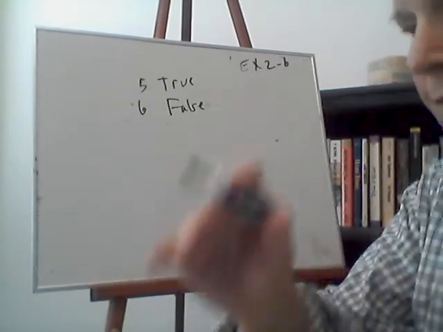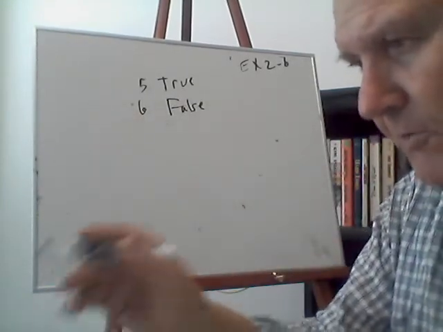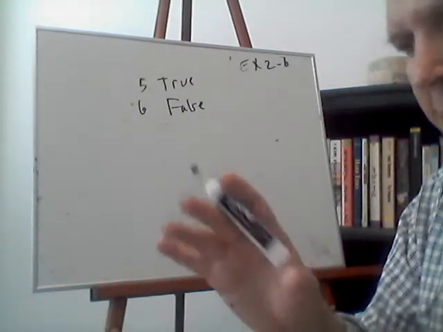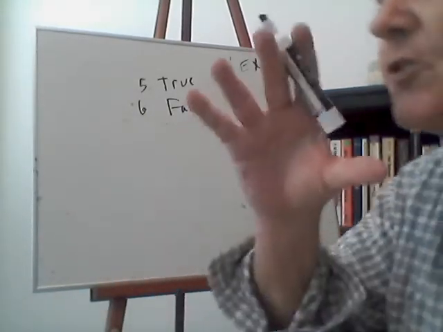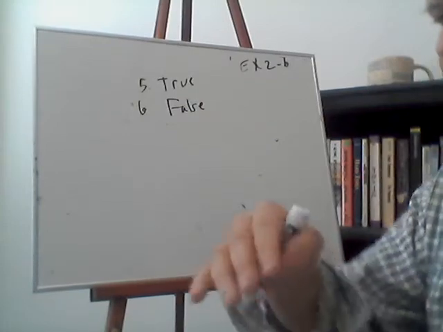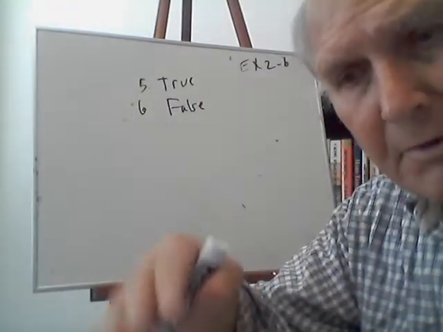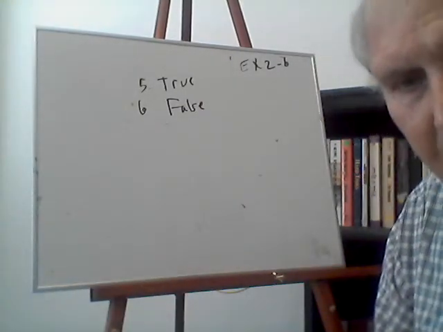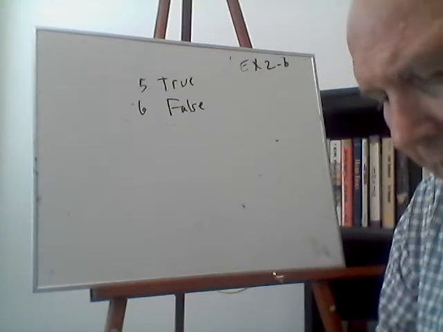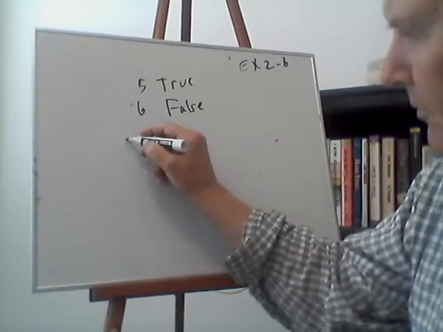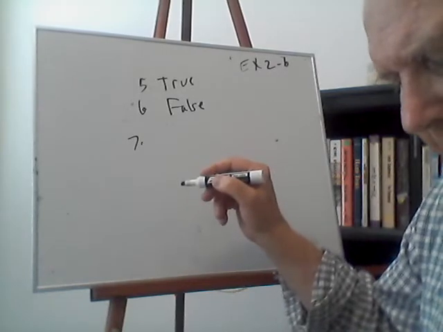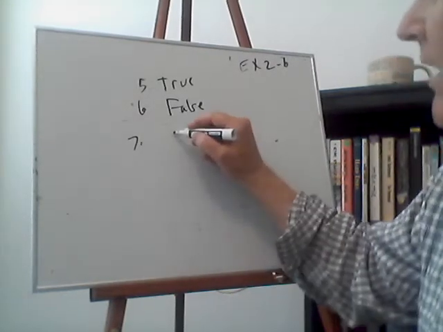Absolute terms would be like true and false, because something is either true or false, absolutely. But strong and weak refers to the degree of certainty. Something which is more probable than another argument is stronger than that argument. It's not an absolute. We're not talking about absolutes. So 6 is false.